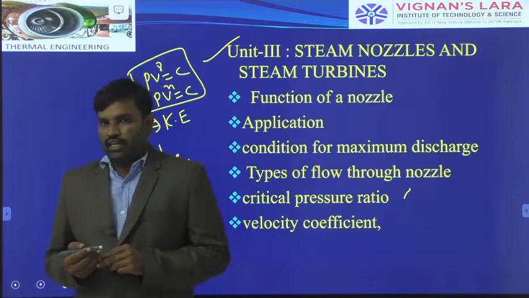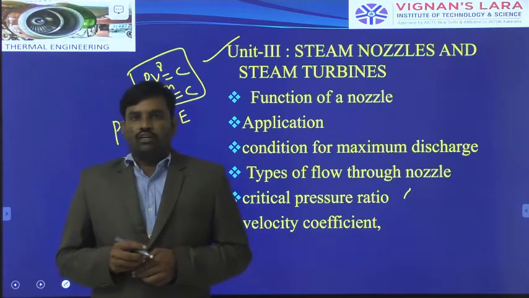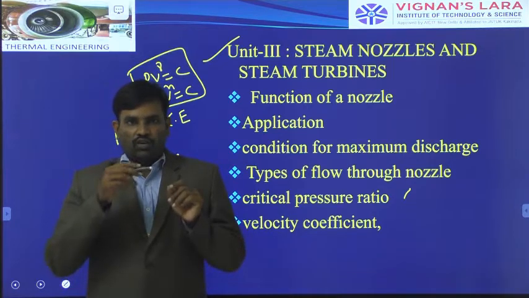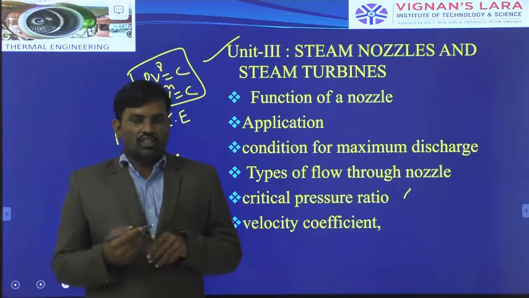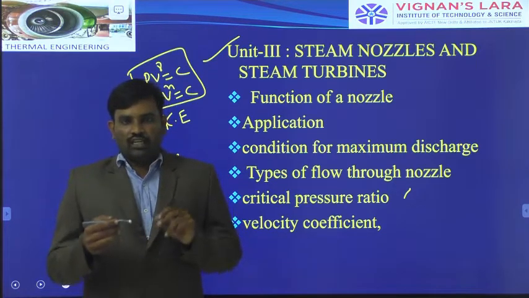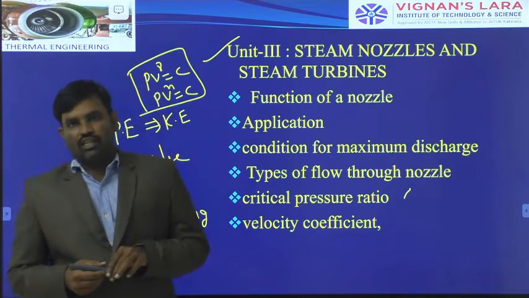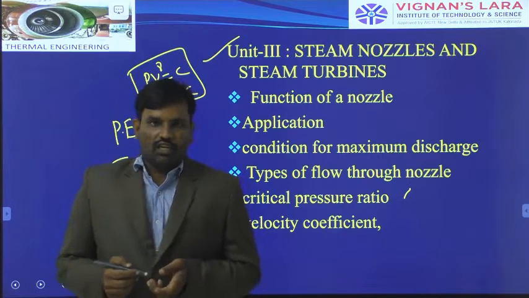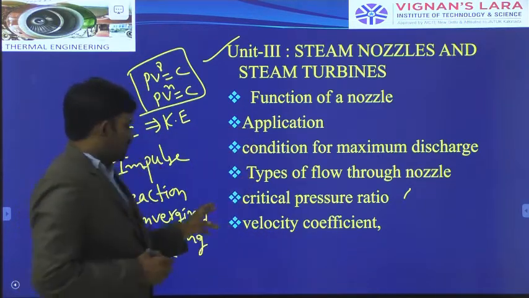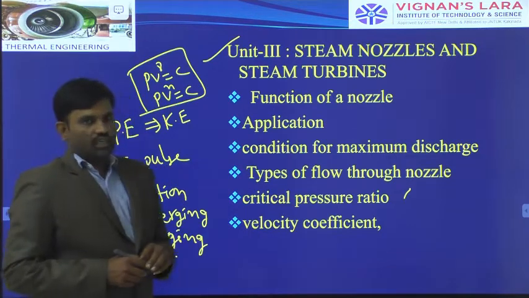How do the velocity triangles form? During the flow of steam from the nozzle body to the turbine, the steam with flow velocity strikes the rotating wheel of the turbine, and then the striking steam develops the velocity triangles. That velocity triangles will help us calculate how much work output is generated by the turbine.